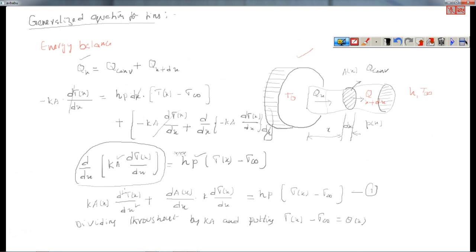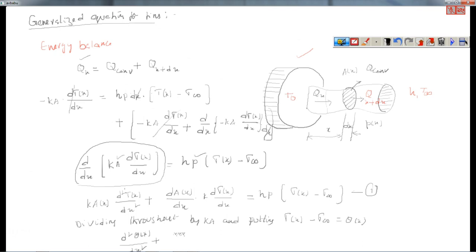Then dividing throughout by Ka, the equation will become d square theta of x divided by dx square plus